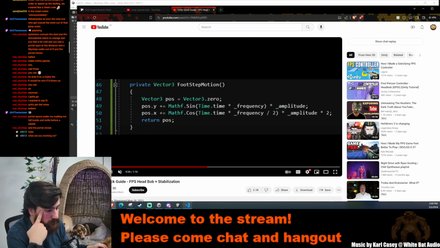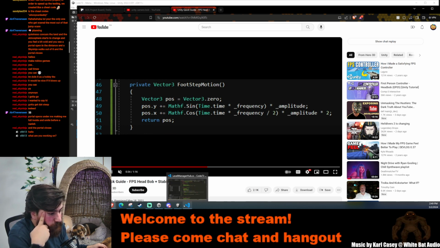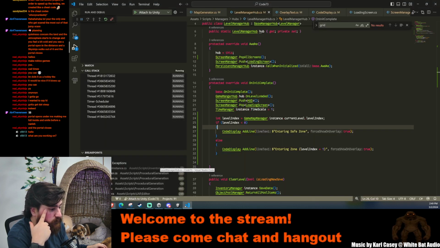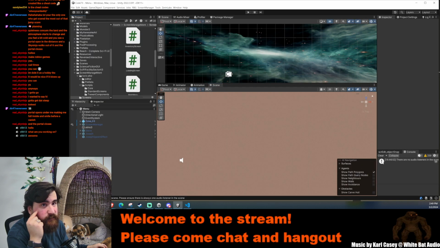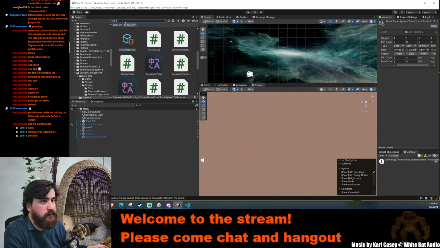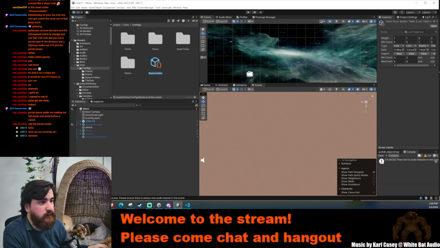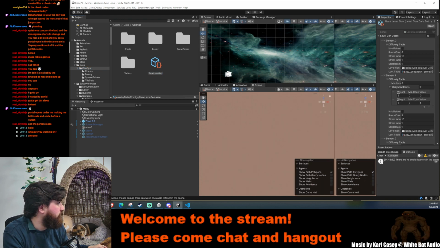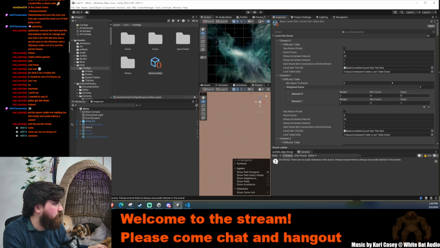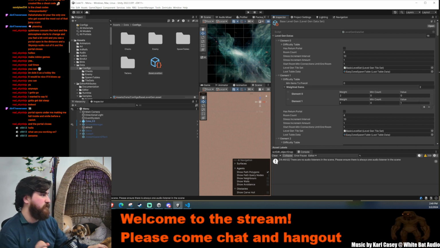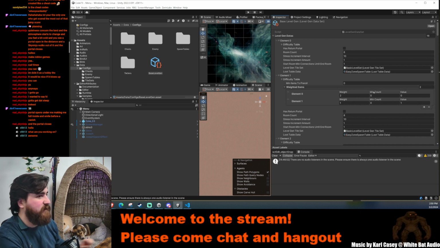I've actually been using your editor attributes, and it's been pretty cool. I haven't used it a ton, but I used it in some of my data tables. Where are these things? Data. It's like config or something. I don't know. It's basically this. This is what I've mainly been using it for so far, and that's been nice. I had to modify it a little bit because I had to hack in